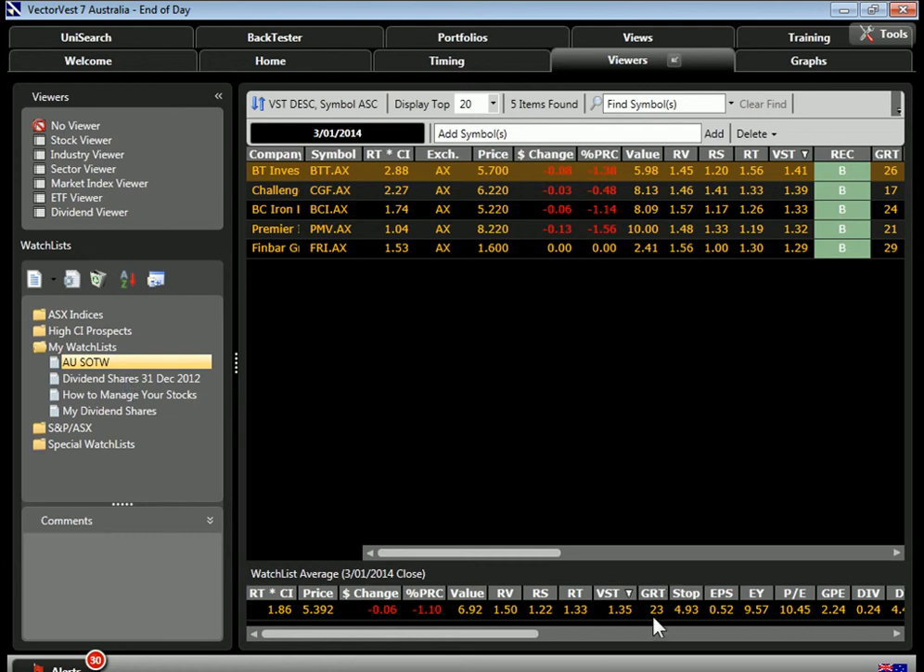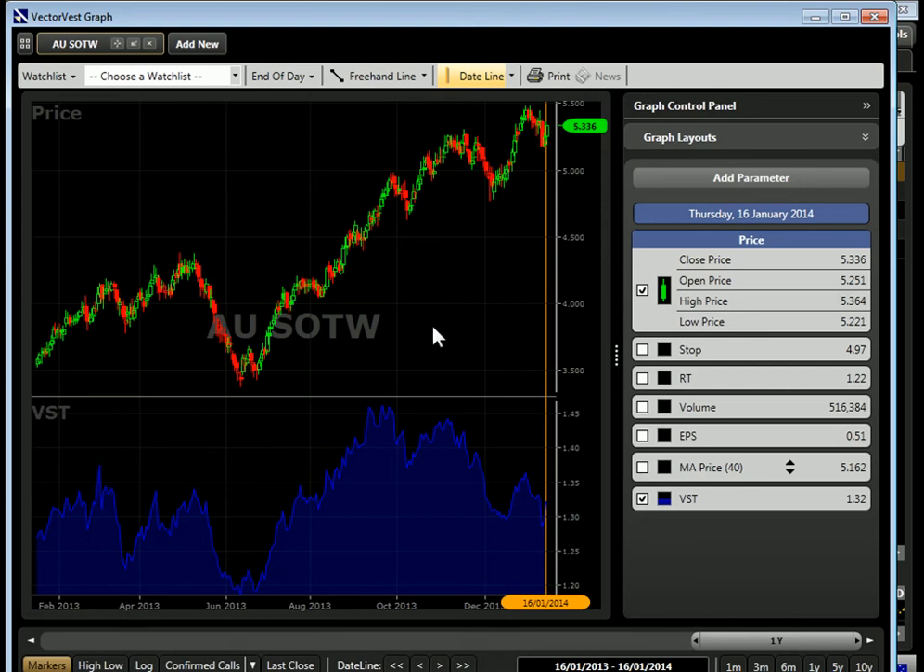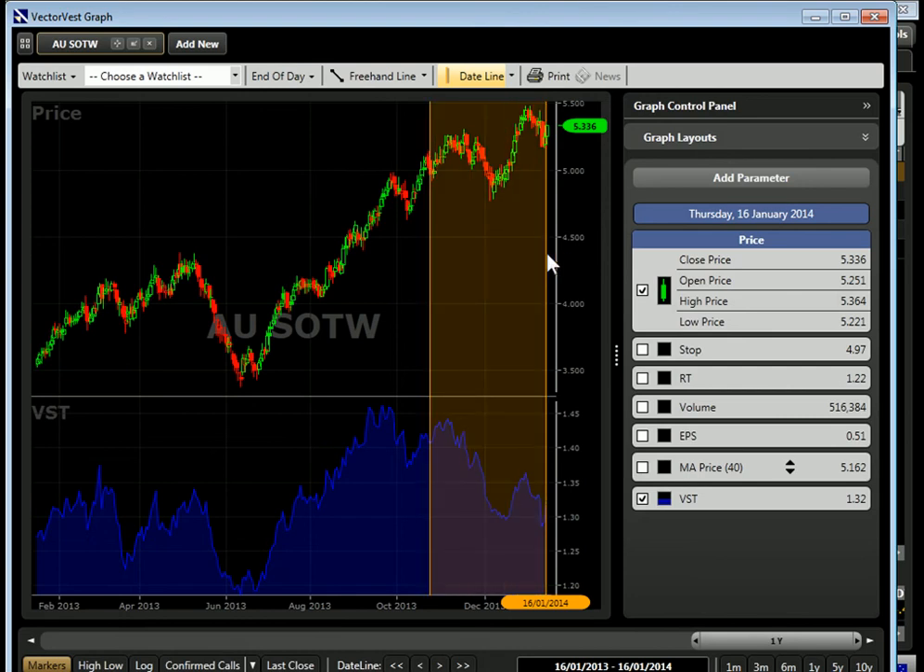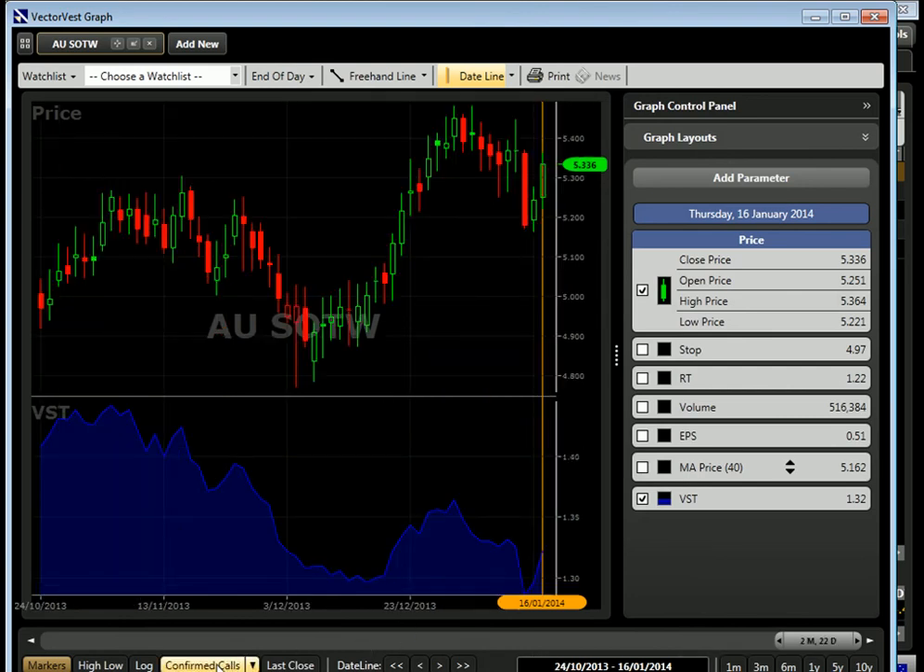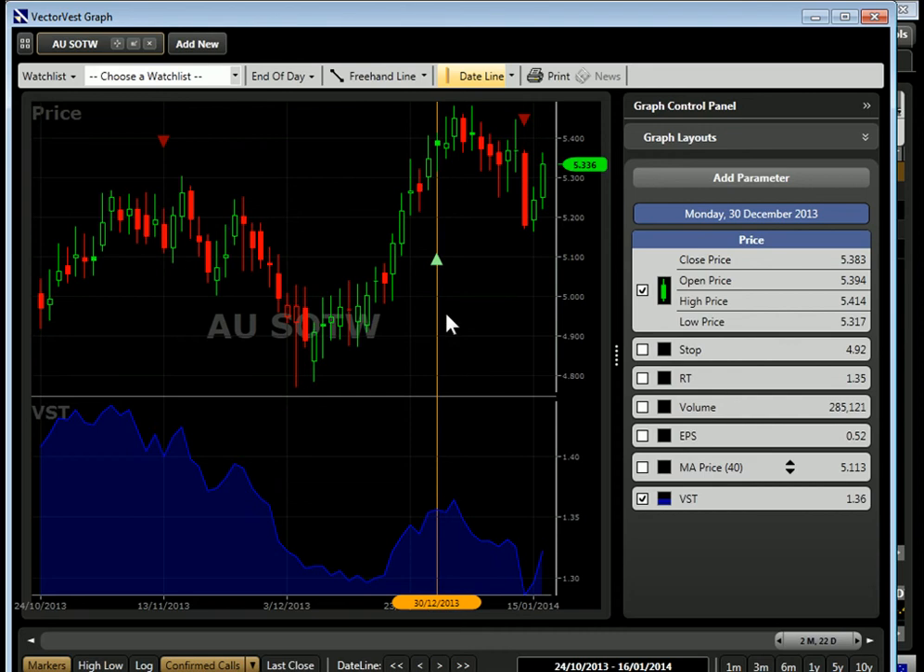Coming to the bottom, you can see our growth rate has gone from a +2 to a +23. If I right click on this data bar and go to View Average Watch List, what I'd like to do is highlight the area roughly from the confirmed up call. As you can see, these stocks were already beginning in an uptrend before we got to the confirmed call of the 30th of December. Yes, we've recently hit a confirmed down, and as I stated earlier in our discussion points,